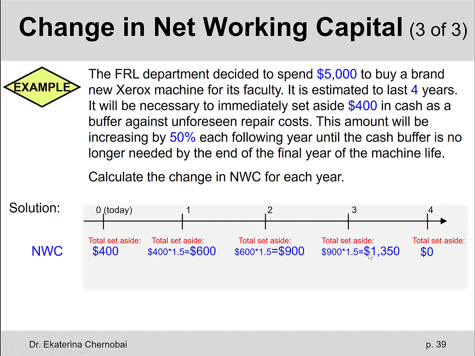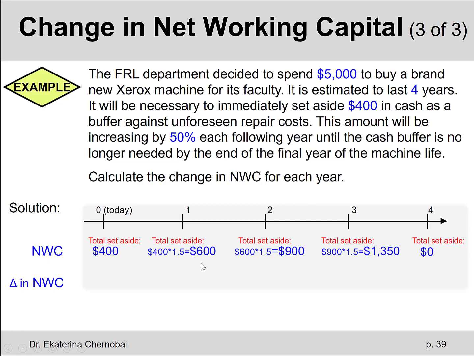However, this is not the answer to this problem, because the answer to the problem is calculating the change in net working capital for each year. So why is it important? What is the difference between net working capital and change in net working capital? So think of it this way. If I tell you that we invest $400 in cash right away for this project, then we invest another $600 after 1 year, and then another $900, and so on,